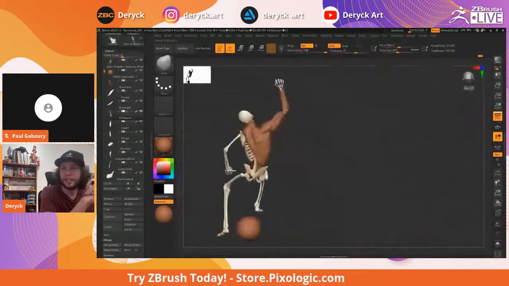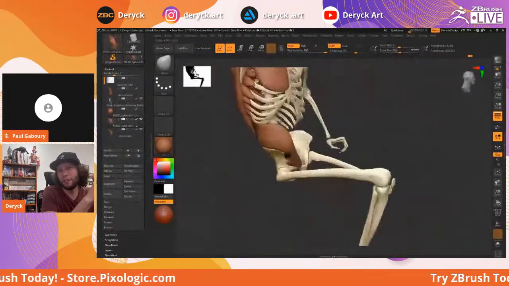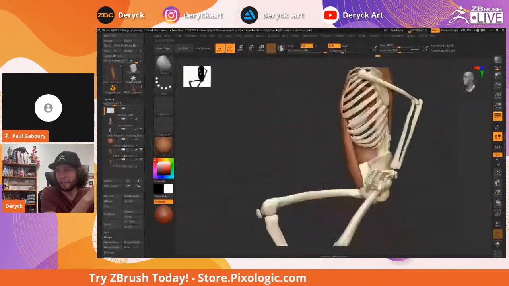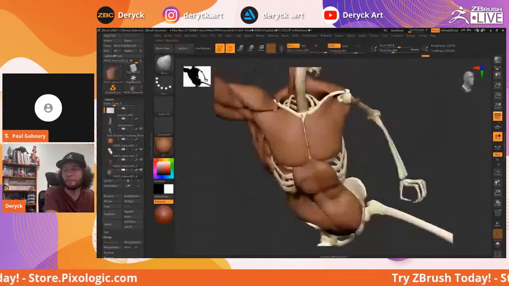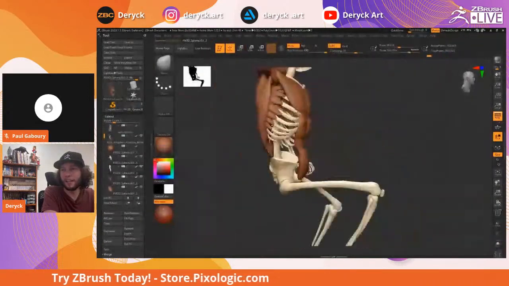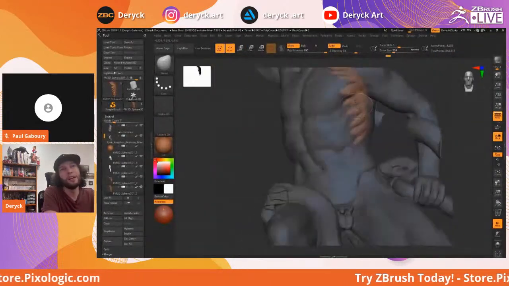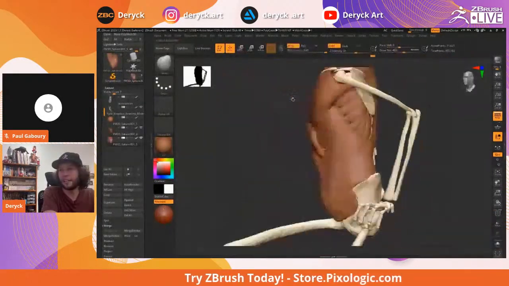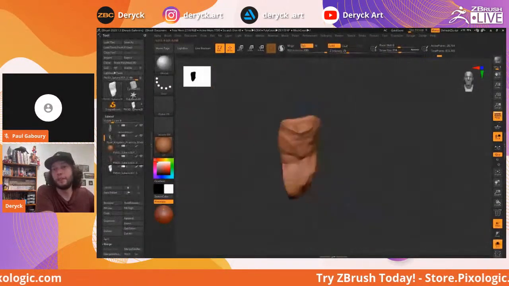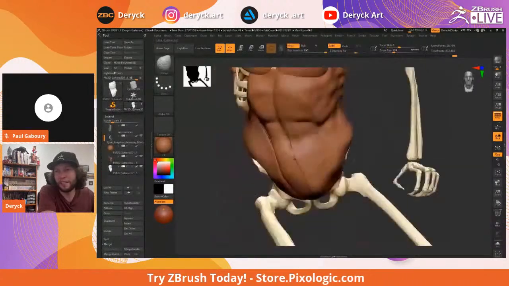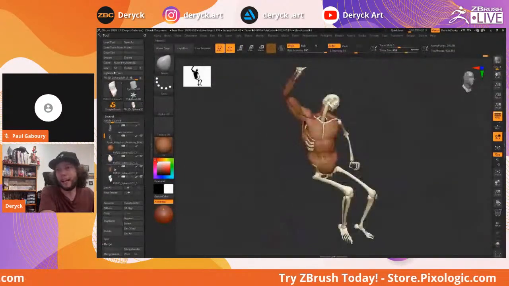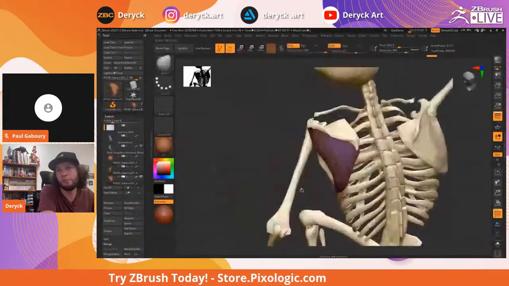So by understanding where the muscle origins and insertions are, I thought, okay, it doesn't matter if the arm is in a different position than an A pose or a T pose. It doesn't matter because I kind of know where the insertion of this muscle is. So if the muscle goes from here to here, I already know this because I did studies like this. So it's pretty simple. It's nothing special about that. But again, it's something that I did that helped me a lot to better understand how the human body works. And